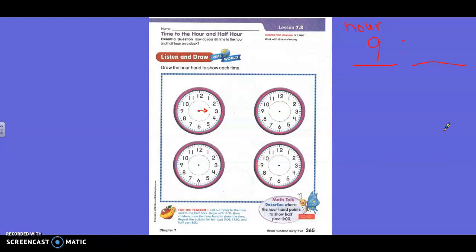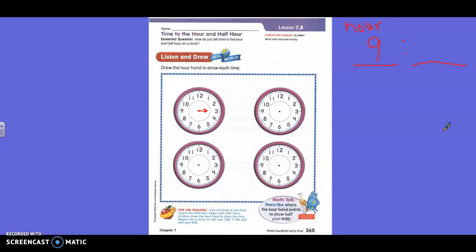Now look at where the hour hand is pointing. Is it right at the 5 anymore? No, it's in between the 5 and the 6, right? Okay, so it's not 6 o'clock yet, because it's only been halfway there. But you still have to put your hour hand halfway between 5 and 6,